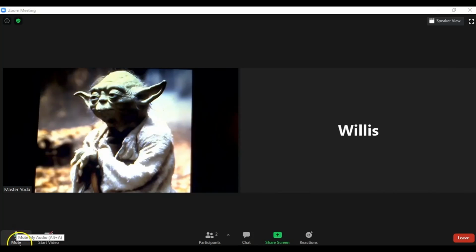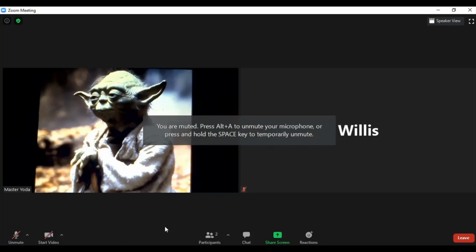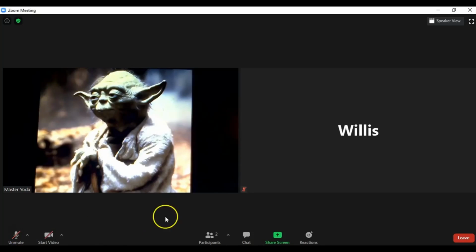Down in the bottom left corner, there is a button called Mute, and you can see right now the microphone is just a microphone, but when I click it, it's a microphone with a slash through it. That means that the microphone is muted, and generally we want to have our microphone muted unless you are answering a question or speaking,